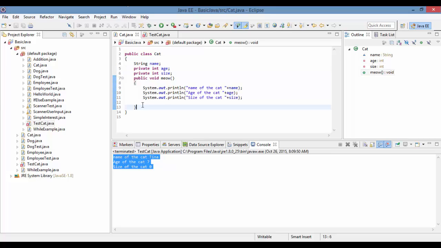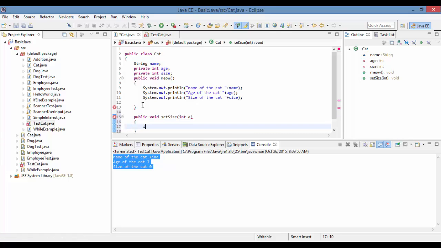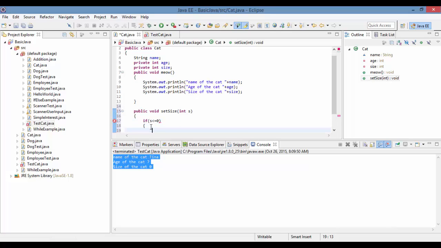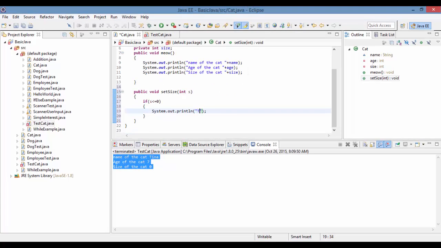So we can go ahead here and we can say public void set the size of my cat. We have created a method, and this is for the size. If the size of my cat, the person who's trying to set it, is setting it to less than or equal to 0, then he should get an error, and I will say, hey, don't set the wrong value